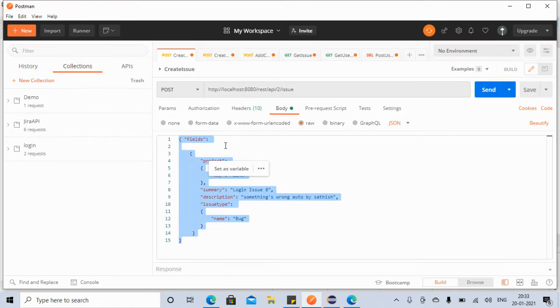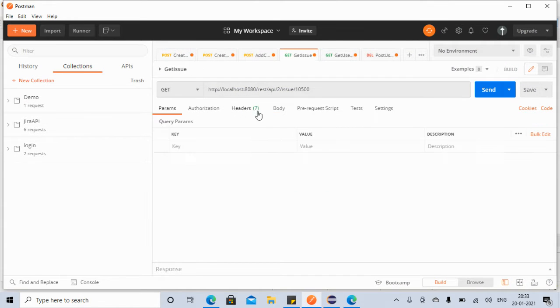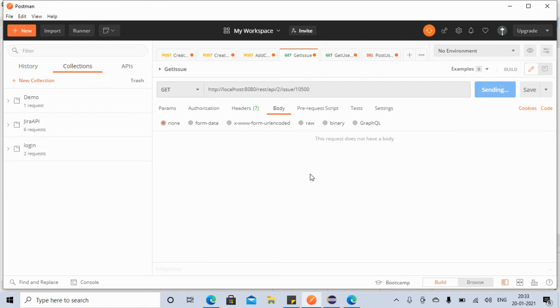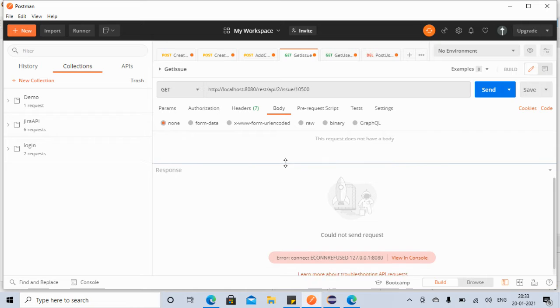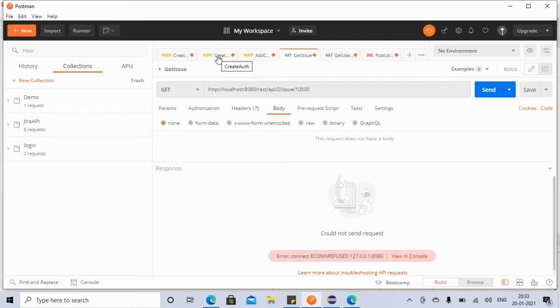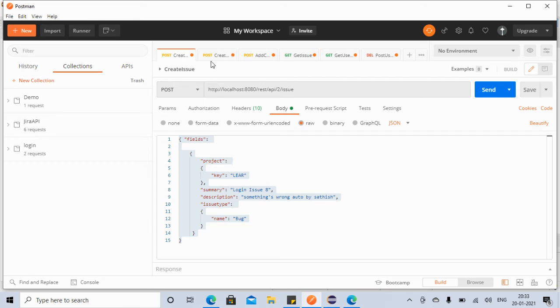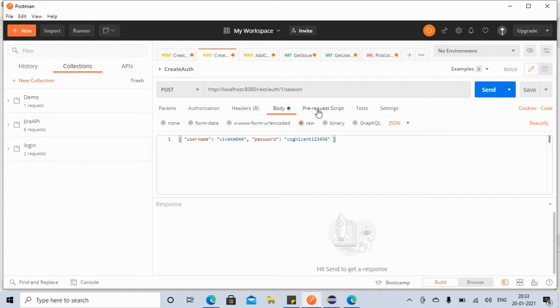If I go here to get issue, we don't have a body, but whatever response we got, currently I don't know whether I can execute it because it may need authorization. Let's see. Okay, because it needs authorization. If you want, I can do that here, like Authorization. We have this, right? So if I send it,